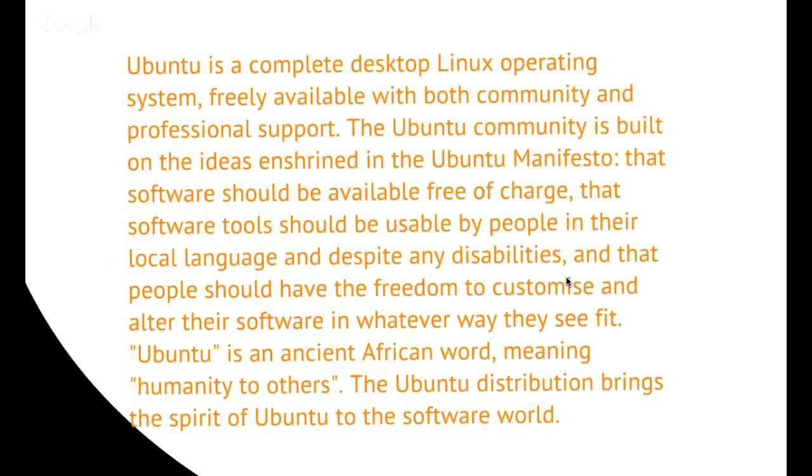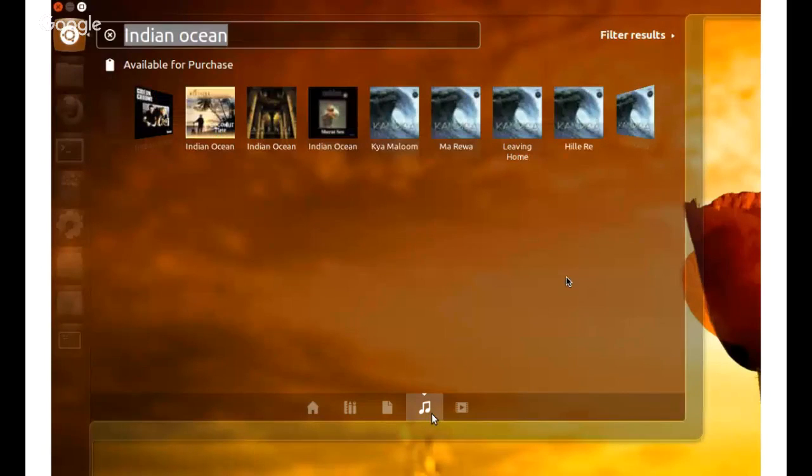Here's what the desktop looks like, and I have it screenshotted on a search for media. This is actually media that you could purchase. They have something like an iTunes store now in Ubuntu where you can purchase movies, music, stuff like that.